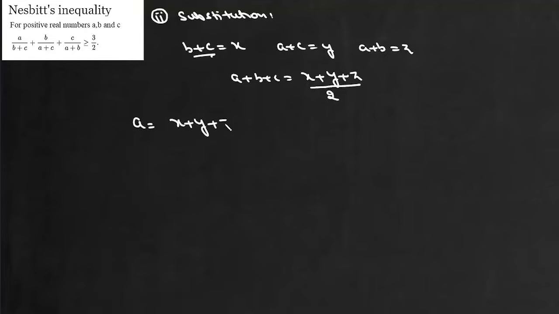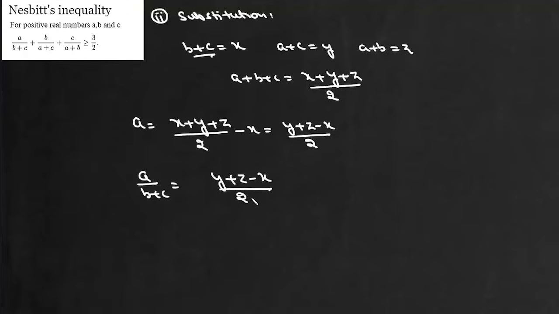(x प्लस y प्लस z) अपॉन 2 माइनस x, जो कि हो जाएगा (y प्लस z माइनस x) अपॉन 2। और इसको अगर b प्लस c से डिवाइड करना है, तो x से डिवाइड करेंगे, तो ये हो जाएगा a अपॉन (b प्लस c) और ये हो गया आपका (y प्लस z माइनस x) बाय 2x। तो लेफ्ट हैंड साइड में जो एक्सप्रेशन है इसको